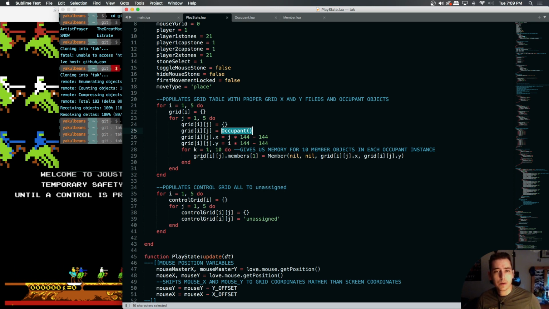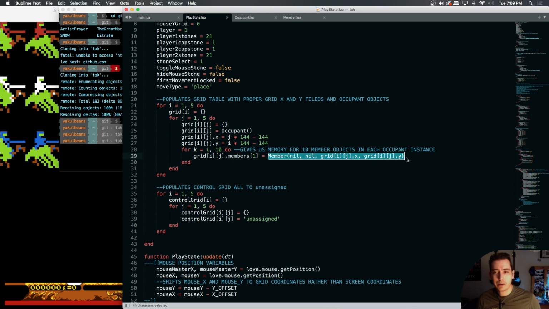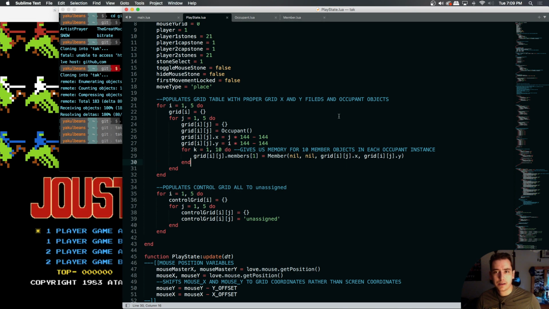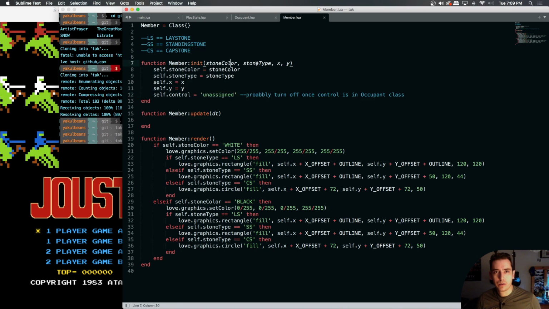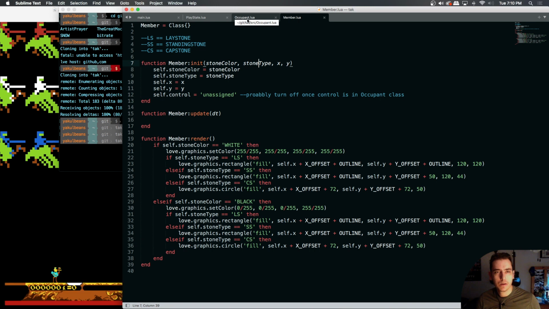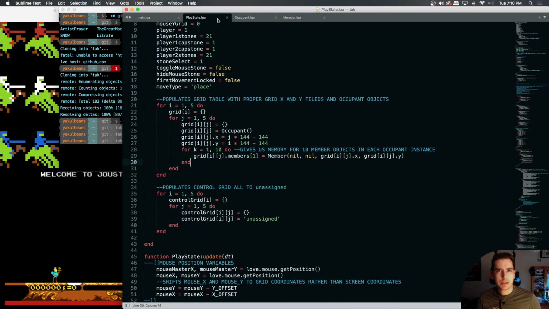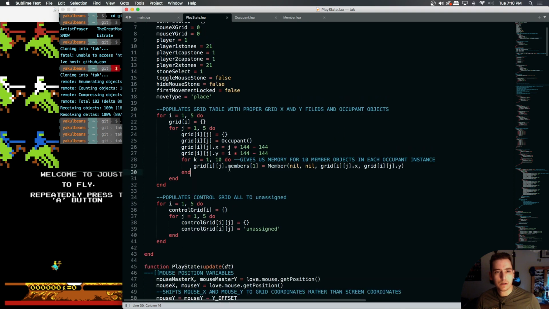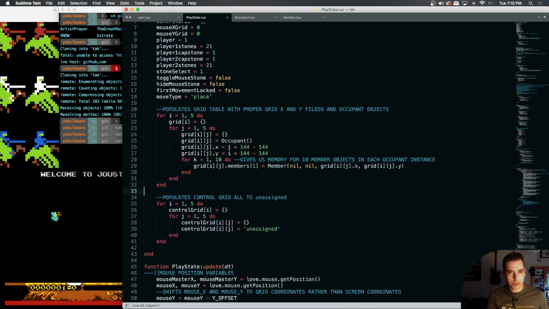Then we give each occupant a member field, and each member field index has a member object that we're instantiating at the X and Y of the same grid, but the first two arguments are registered nil for the moment. So I want to test something, and this is in our init function. So what if we say